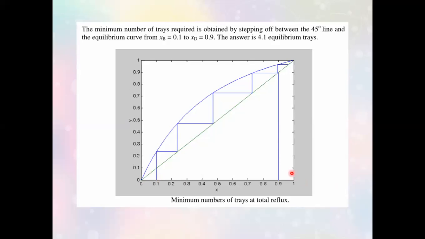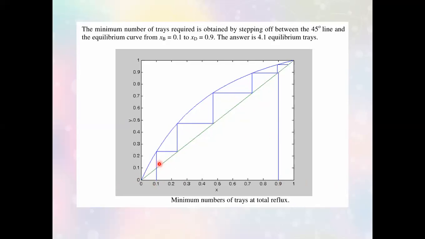Okay, so the 0.9 was already projected. This is just an approximation, by the way. And what you're going to do, you make a stair-like line, stepping off, starting from your distillate, which is 90%, until you go beyond or you're right on the 0.02. So if this is 0.1, the 0.02 is here.